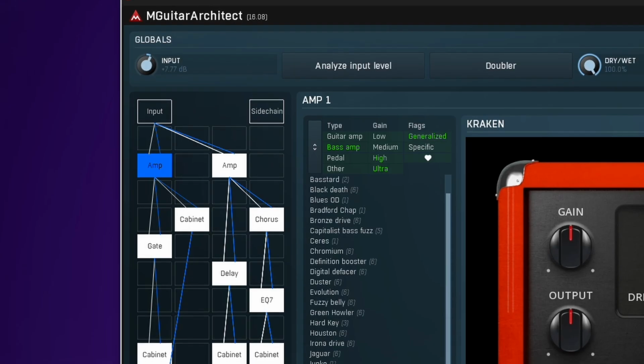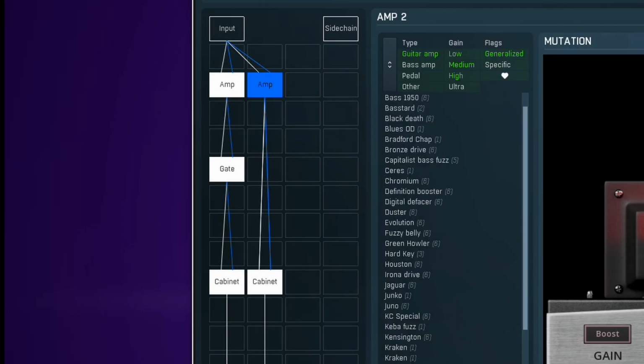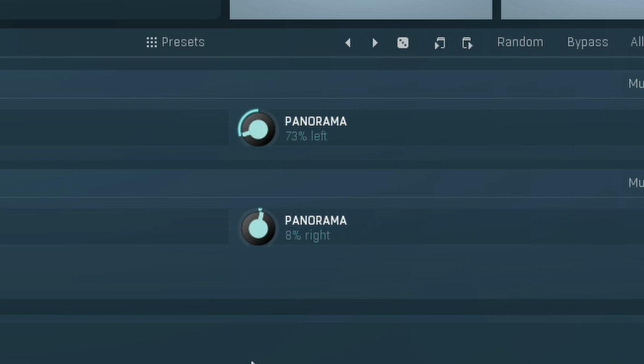MGuitarArchitect is a full suite of tone shaping tools for guitar players and bass players. I'm talking amps to cabs, cabs to pedals, effects, and all sorts of utility tools all inside one plugin. You can build simple signal chains, or you can get as crazy as you want. Plus, with a highly customizable signal routing system, you can stack tones or create wide stereo effects at the click